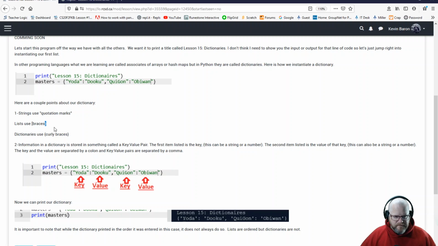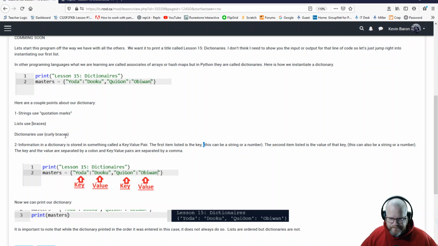This might not be the correct terminology, but this is the terminology that the people who showed me how to code use. These are curly braces. This is just a brace. Okay, these are just brackets. Okay, so going forward, if I say curly braces, you know what I'm talking about. If I say braces, you know what I'm talking about. If I say brackets, you know what I'm talking about. All right, I know we've already covered that, but okay, that's how we format. That's the syntax for bringing in a